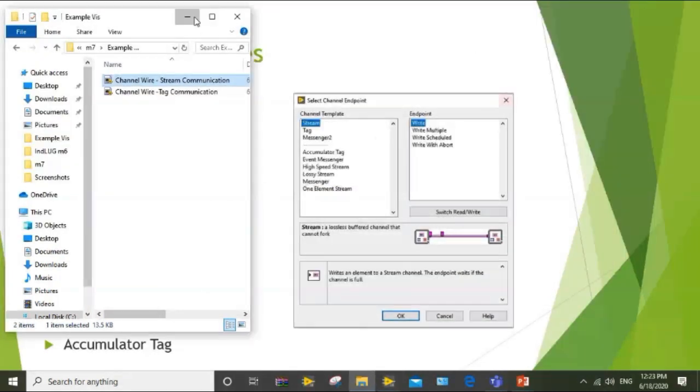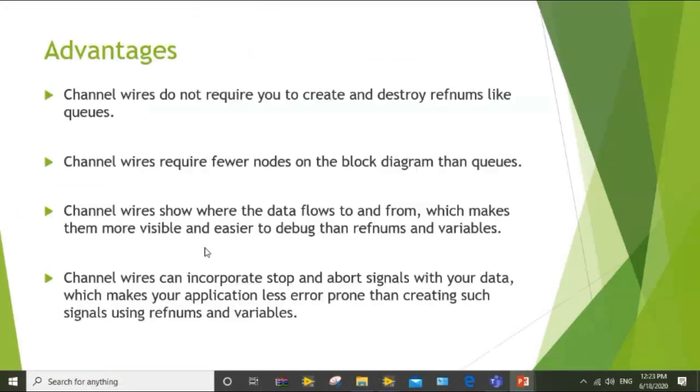There are other advantages as well, and my next slide shows them. Since the demo showed that we did not need to create any reference to pass the data, you don't have to worry about closing the reference at the end of the application. That is one advantage. Another, as I said, is that you have fewer nodes on the block diagram.